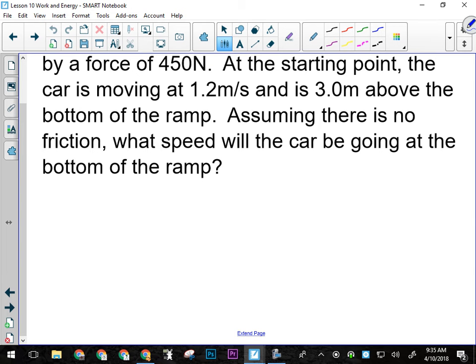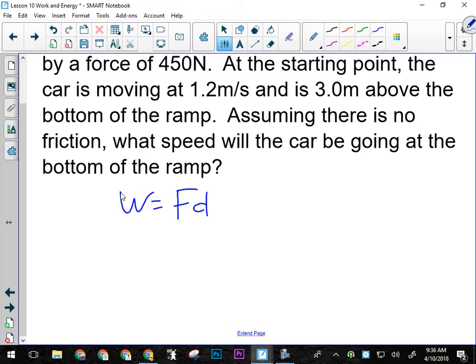So what we have to remember is that work can equal force times distance. If the force and the displacement are in the same direction, then theta is 0 and we don't even need the cos of theta part. That's the way it is most of the time, including the question here. It's being pushed down a ramp, right? The force is down the ramp, the displacement is down the ramp, they're in the same direction, so theta is